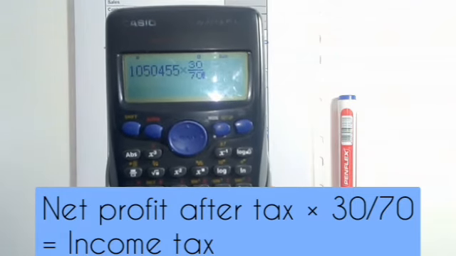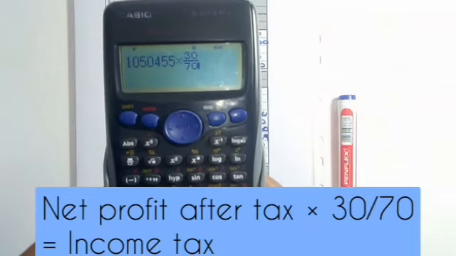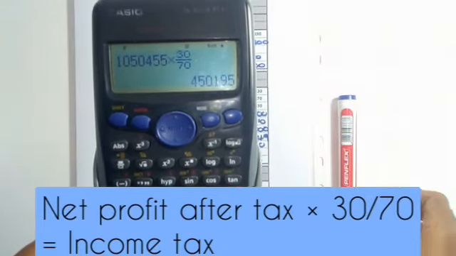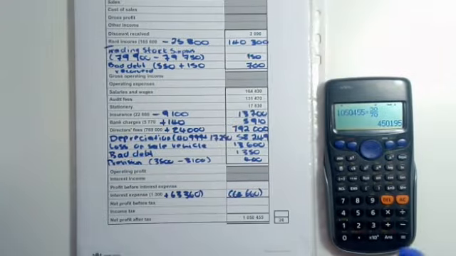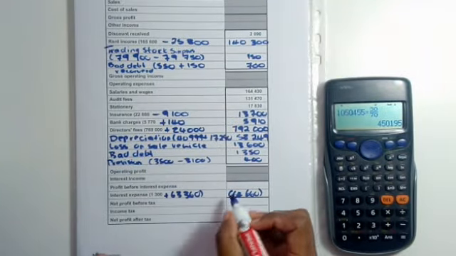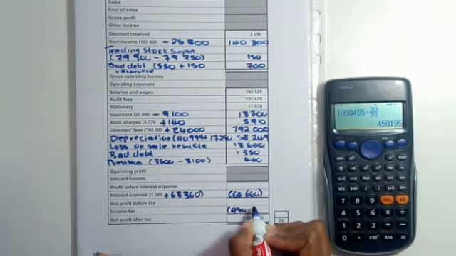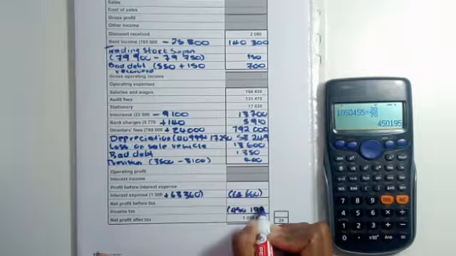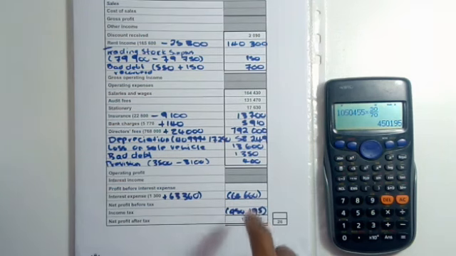30 over 100 is for net profit before. When it's after, it's then 30 after 70, and it gives us our income tax of 450,000 in brackets because it's an expense, 195. And then from there we are going to use these two amounts to calculate our